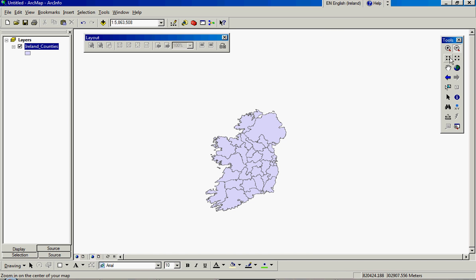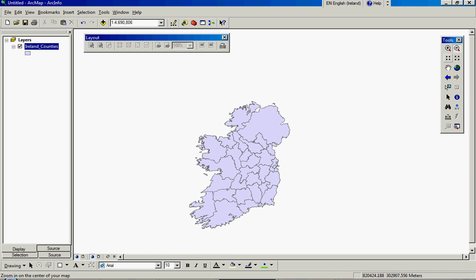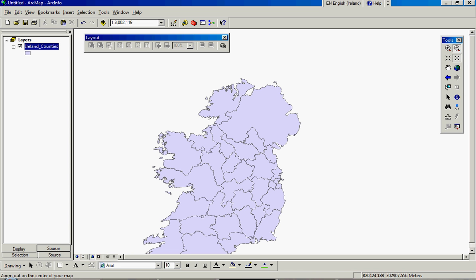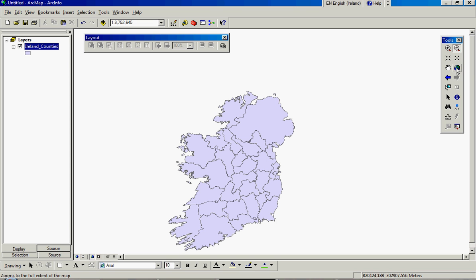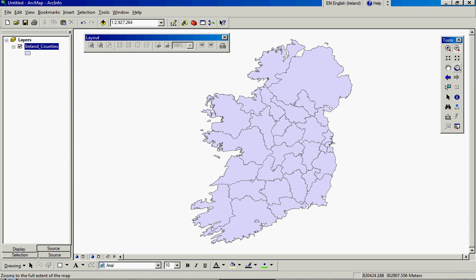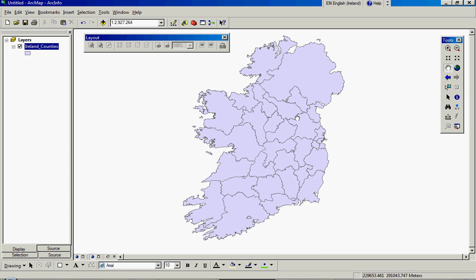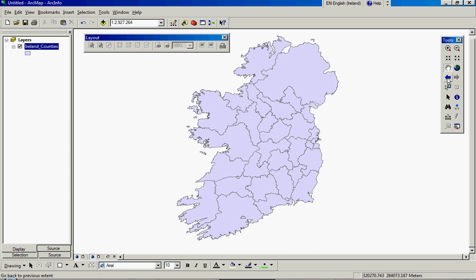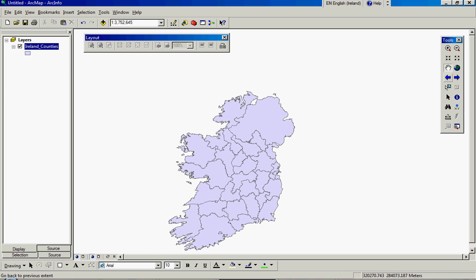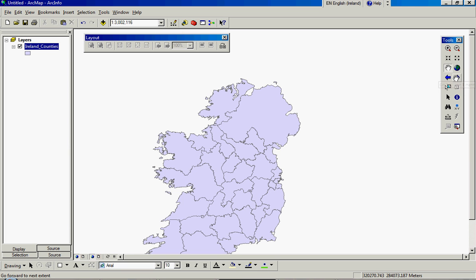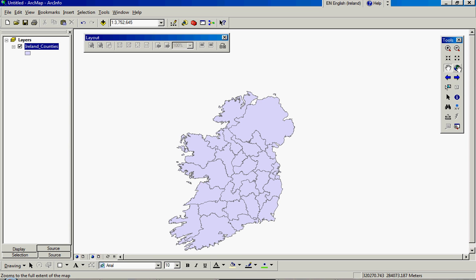If we want to zoom in and out by a very set controlled amount, we can just use these buttons here and they'll zoom in and out a little bit each time. If we want to go back to the maximum extent, so the maximum size of the file which we have, we can click this little one here and it will center us again at the maximum extent of our data. This little hand here is the pan tool, which enables us just to move whatever items we have in the window around very easily. If we want to zoom backwards, so zoom back to the previous extent before we moved, we click this button here and it will do that for us. Similarly, if we want to go forward, we can do that quite easily, but let's go back to the maximum